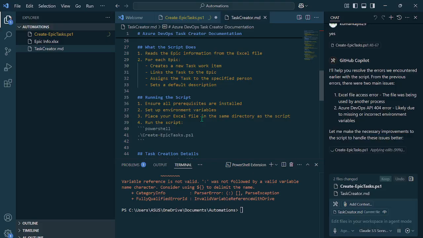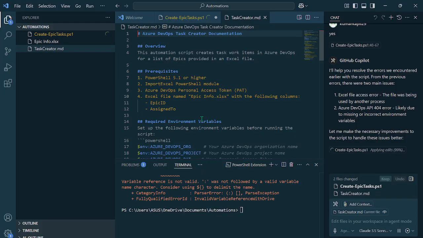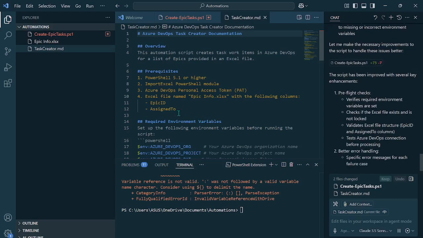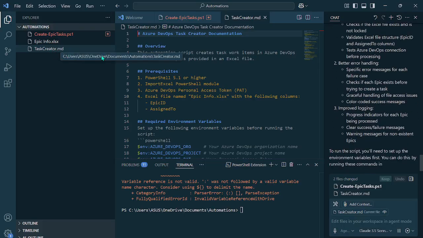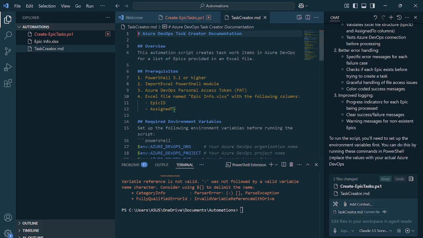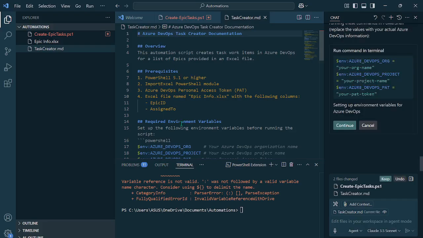Right, so that is how you can also identify your manual work, and based on that you can try to create such a template, like task creator.md. You can create such a template which will have the mention of all your requirements, and then you can pass this template only to this chat window, to this agentic AI,